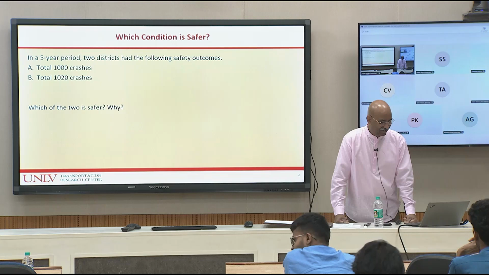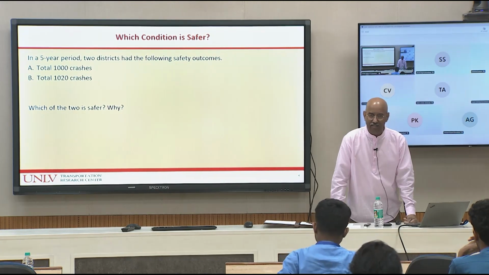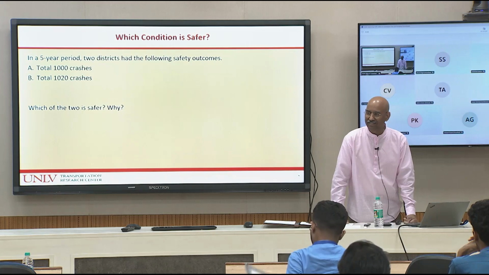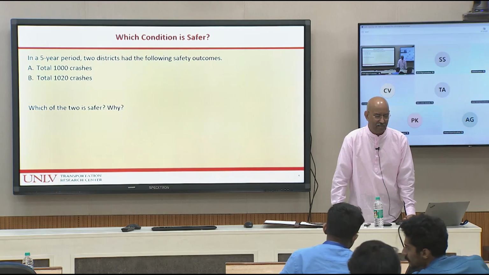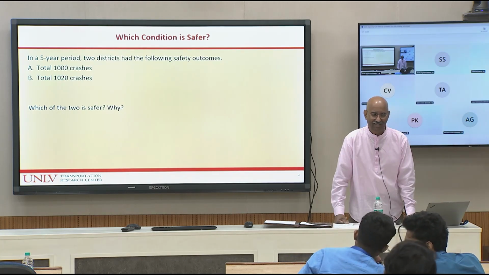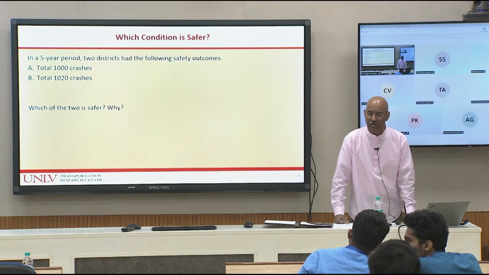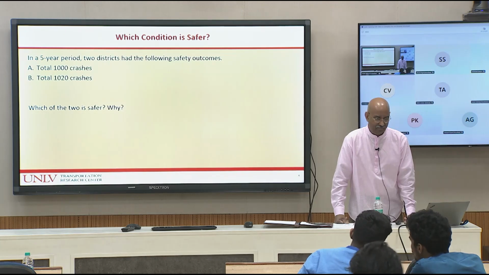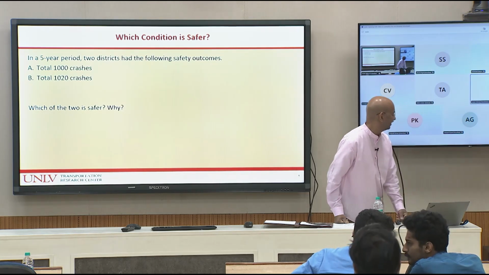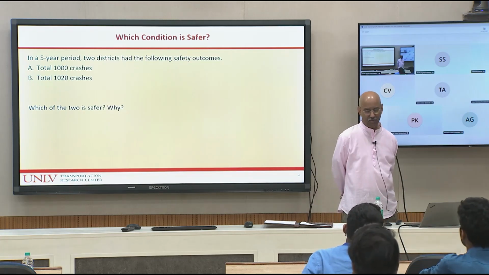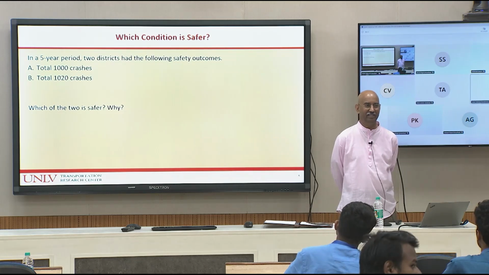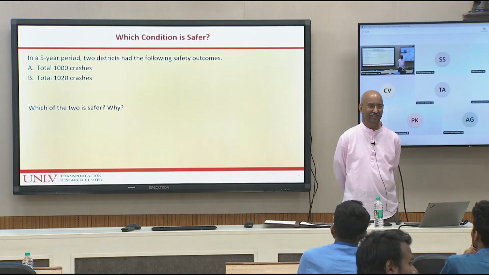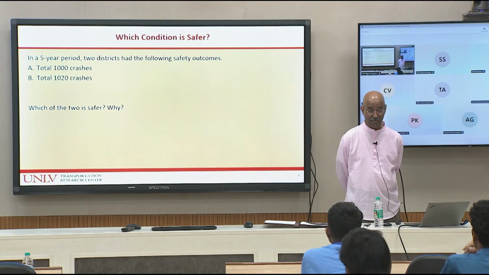So maybe when we divide by the population. No, I didn't give you anything to consider. The 2 districts have about the same population, same number of lane miles, lane kilometers, traffic volume. Everything else is approximately the same for the 2 districts. The only significant difference is the number of crashes. Sir, then maybe divided by 365 and divided by 5 years. Okay, that is all right. That will give you per day. My question is very simple. Which is safer? 1020 is safer. Okay, that's high crash.